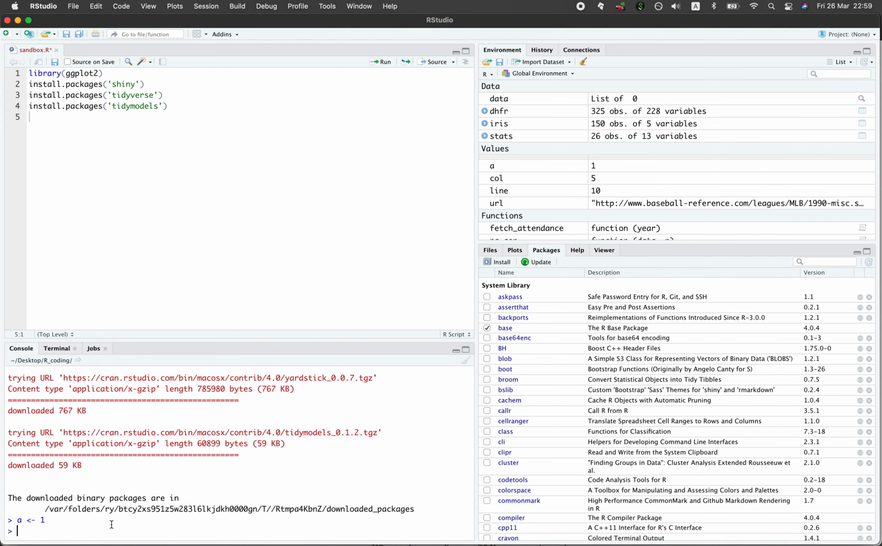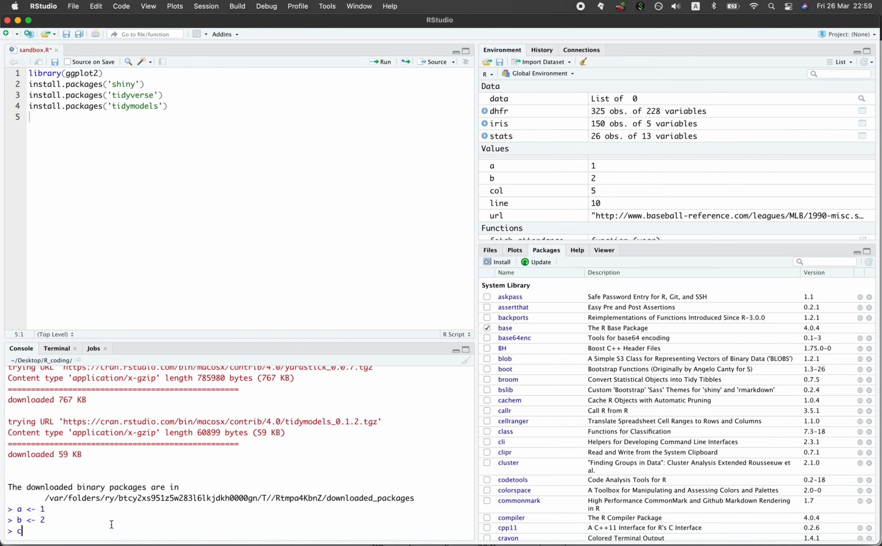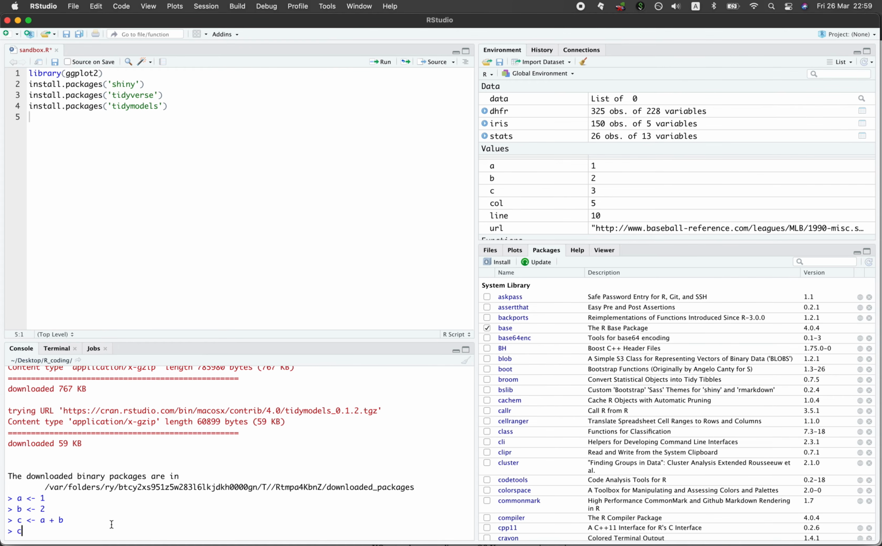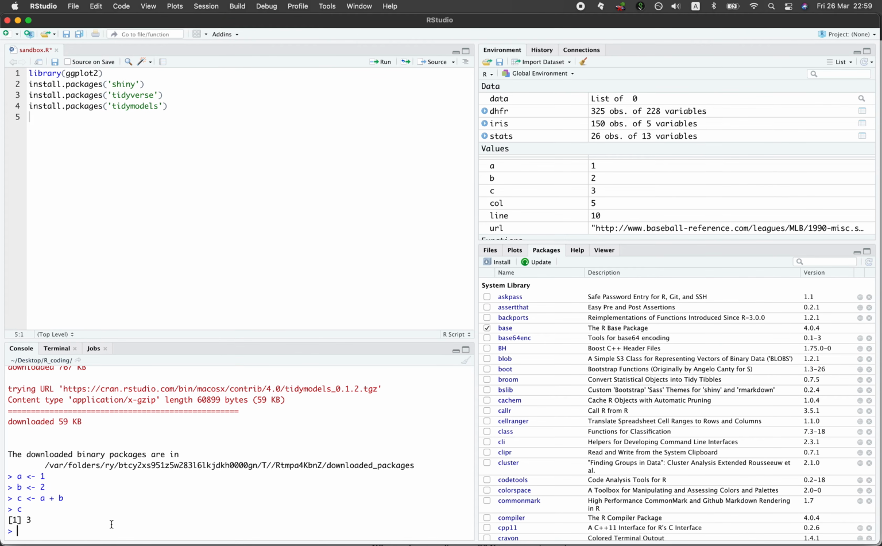Like we could create a variable called A, and then we could create a variable called B, and then we could say, okay, we want to create a variable C, which is A plus B. And then if we type in C, we get the results. Okay, so that's the console, and we've just typed in the code line by line here,